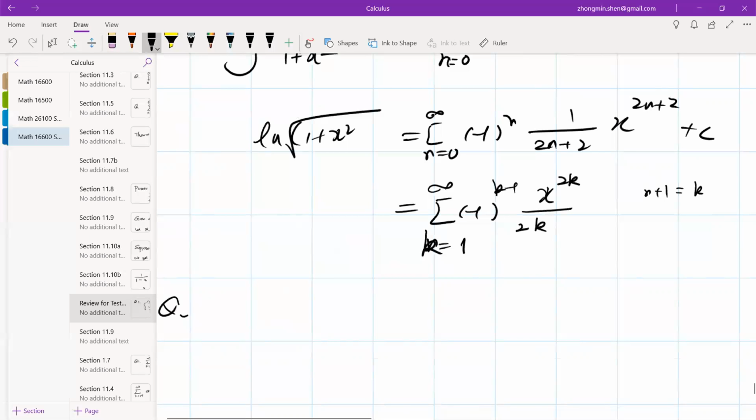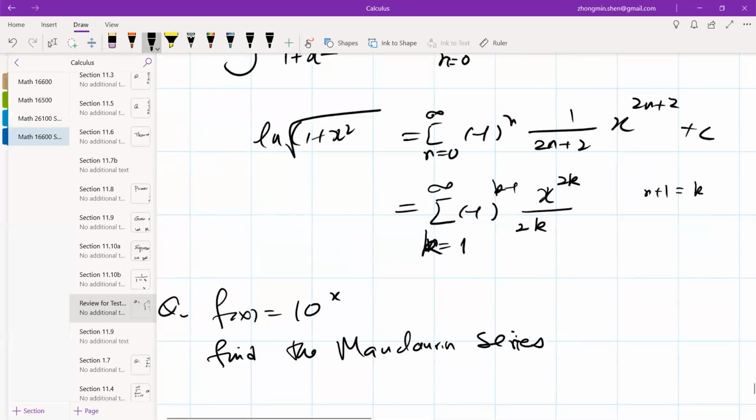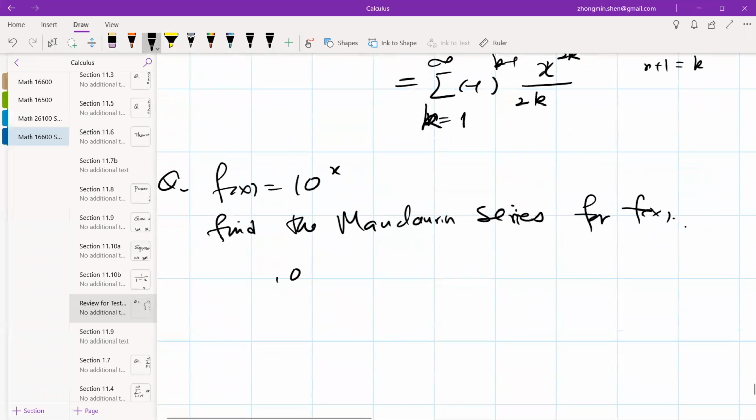So f(x) is 10 to the x. Find the Maclaurin series for this function. In other words, well, if we can find the nth order derivative, that's fine. Okay, so the Maclaurin series is going to be